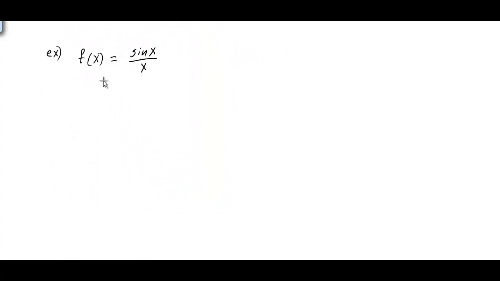All right, so if we look at another example here, we have f of x equals sine x divided by x. So we would have our top function u and our bottom function v. So if we want to find the derivative, it's going to be the bottom function, which is x, multiplied by the derivative of the top. And the derivative of sine x, recall, is going to be cosine x,